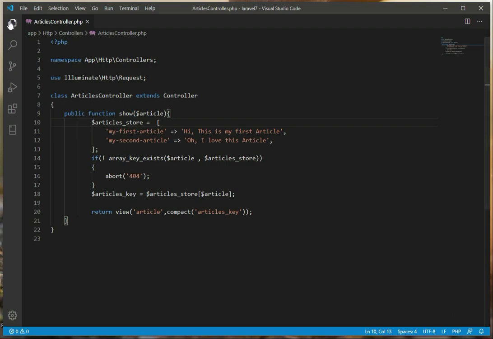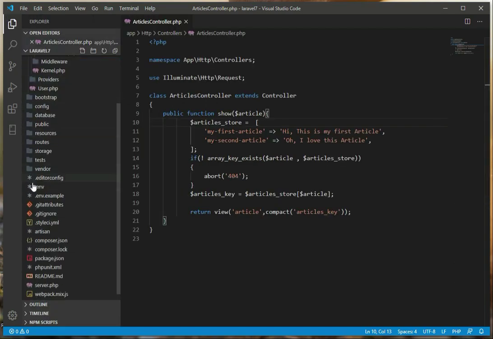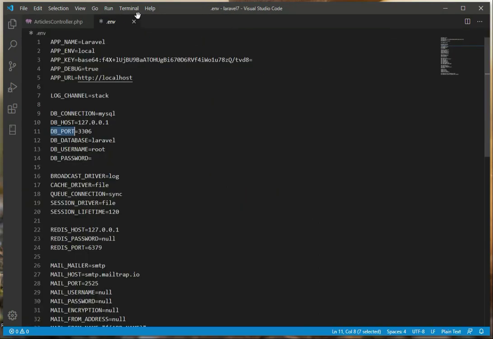Open up your sidebar and go visit the .env file. Click it, and here we have our .env file. This is where you store all your important configuration settings, keys and values. We will reach for this file many times in the future, but for now point your attention here.